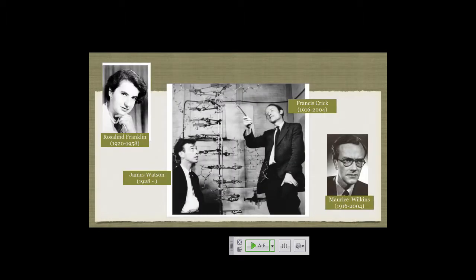So here are the players. A couple of kind of interesting things. Rosalind Franklin did the X-ray crystallography that was really critical to understanding the double helical structure of the DNA. There's been a lot of papers or a lot of criticism as to why she didn't share in the prize. Maurice Wilkins, it was really his laboratory that Franklin did all of her work. He did share the prize with Crick and Watson. As far as I know, the three of them have passed away. As far as I could tell, Watson is still alive, but he's about 87 years old now, but he's still active.